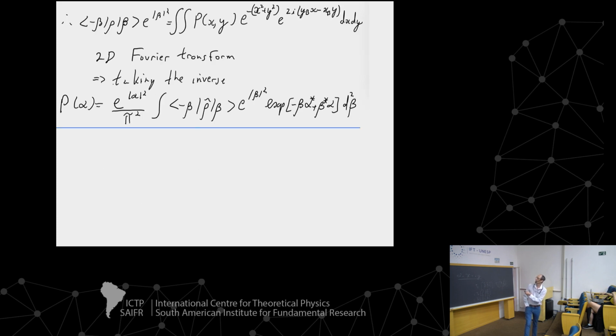So you can take the inverse of this 2D Fourier transform and see that you can evaluate this function from your density operator, if you project it on both sides on a position beta, and it's symmetric,